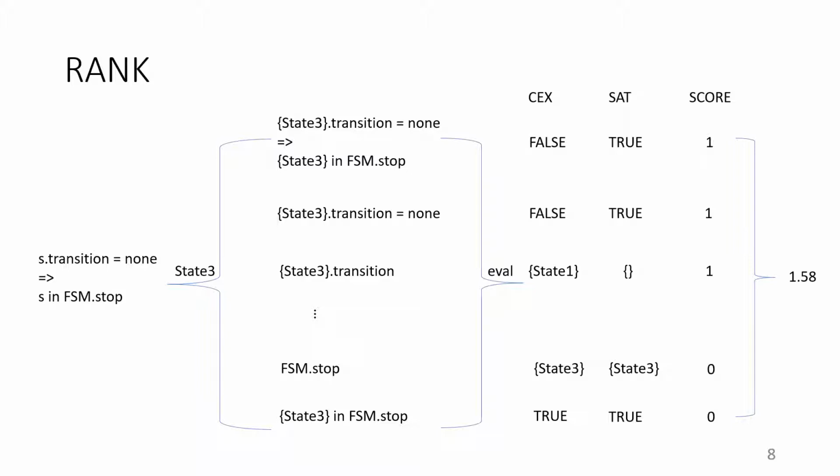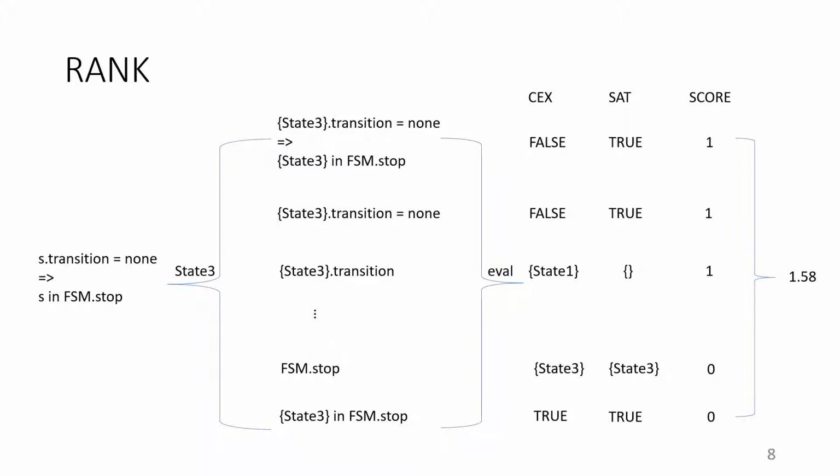For example, for this expression, FLACK would instantiate with the different value, in this case, state 3, and collect all the sub-expressions with the instantiated value. In this case, for example, we would collect this state3.transition, which we would then evaluate in the context of the counterexample and the satisfying instance. For example, this expression would evaluate to state 1 in the counterexample and an empty set in the satisfying instance. And for example, this state.transition equal to null would be evaluated to false in the counterexample and true in the